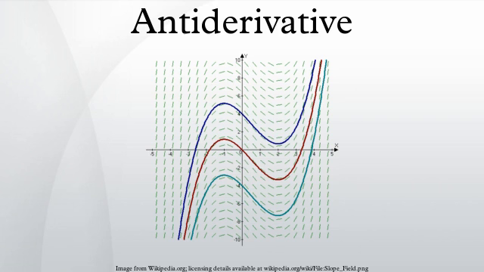In calculus, an antiderivative, primitive function, primitive integral or indefinite integral of a function f is a differentiable function F whose derivative is equal to the original function f. This can be stated symbolically as F' = f. The process of solving for antiderivatives is called antidifferentiation, and its opposite operation is called differentiation, which is the process